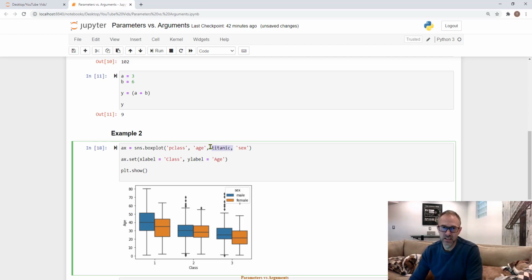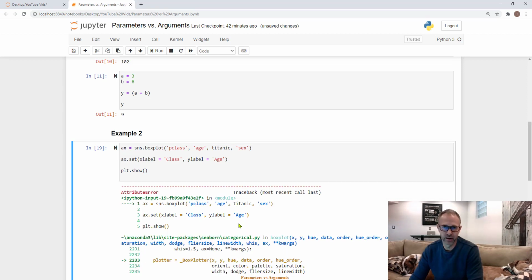The data set is supposed to be the fourth item, but now that I put it as the third item within our function and we try to run it, it's going to argue with us and say, hey, there's an error. So the point I'm trying to make with this is that when you have a function, you'll often see people having the parameters or the symbolic names in there associated with their associated values,